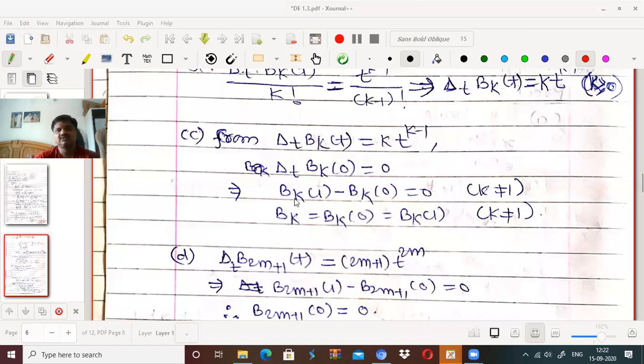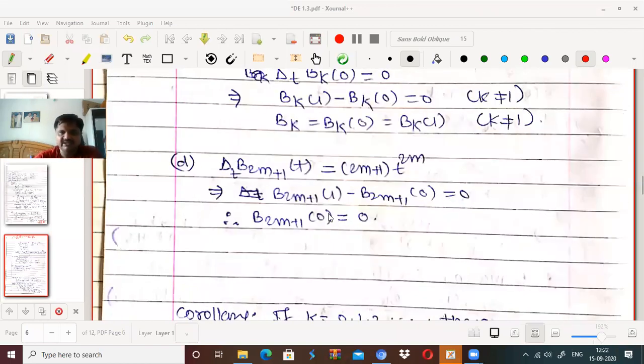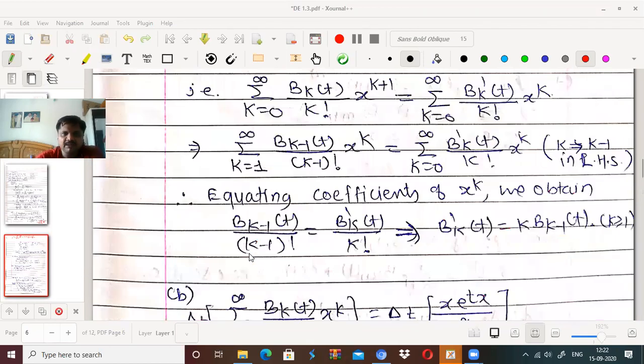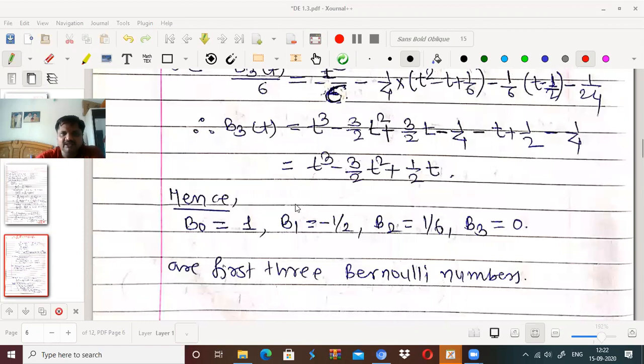So as it is 0, these two will be same. That is very simple. Now, अगर आप ध्यान से देखिए तो थर्ड बर्नौली पॉलिनोमियल आपकी क्या है, b3 of t is equal to this one: t cube minus 3/2 t square plus 1/2 t. यहाँ कांस्टेंट टर्म is absent. कांस्टेंट टर्म क्या आती है? एब्सेंट आती है. b0 में कांस्टेंट टर्म आती है, b1 में आती है, b2 में आती है, लेकिन b3 में